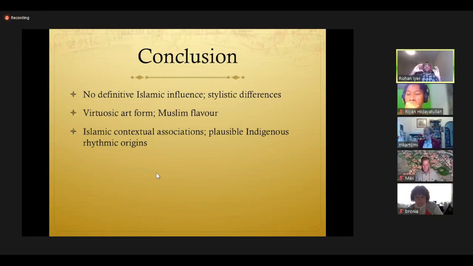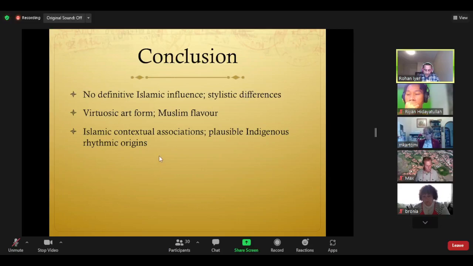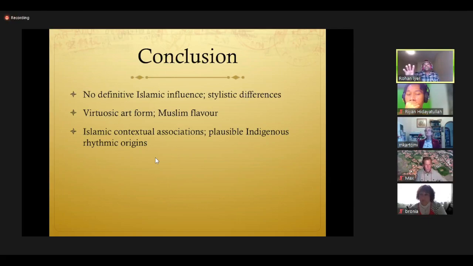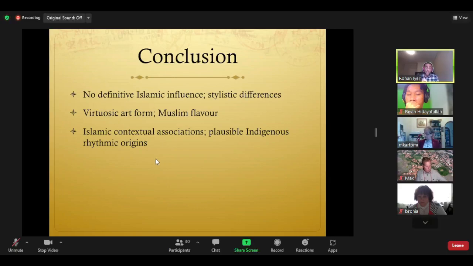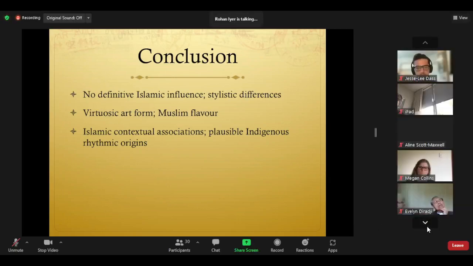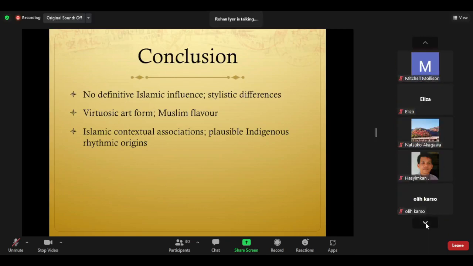Now, being able to dissect indigenous rhythms in and of itself is going to be very difficult in the multicultural syncretized landscape of Lampung. However, the fact that none of these rhythms can be explicitly connected to a great degree to any examples of other Islamic forms suggests that the rhythm most likely constitutes indigenous origins. This demonstrates the integration of traditional music and indigenous cultures within a wider religious context in Lampung.